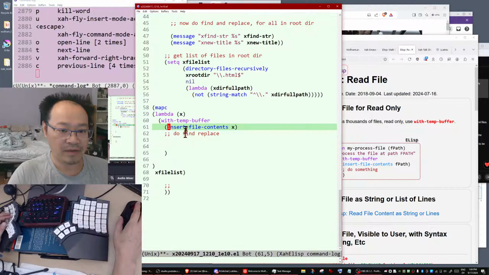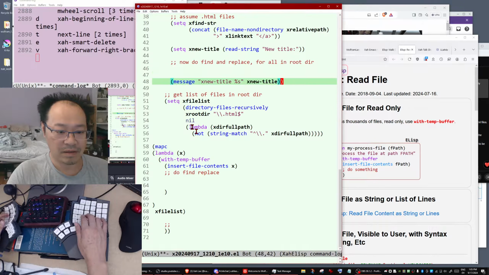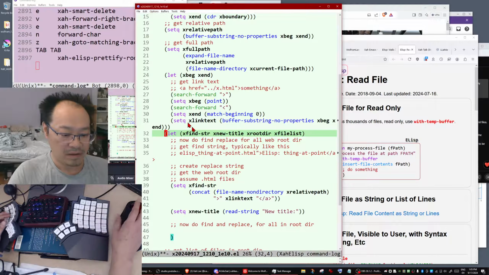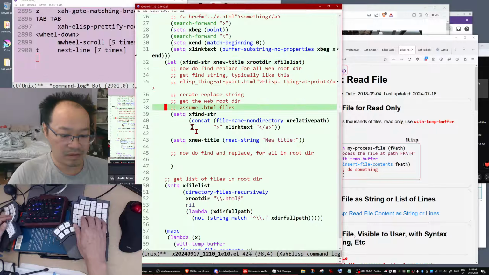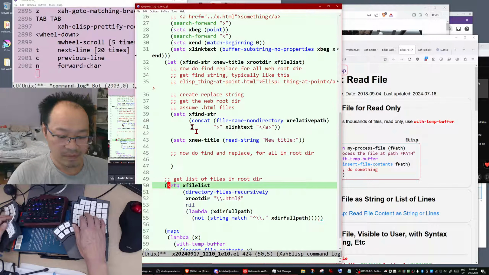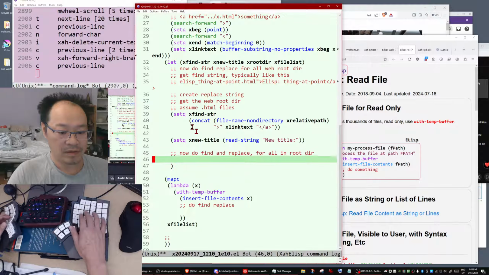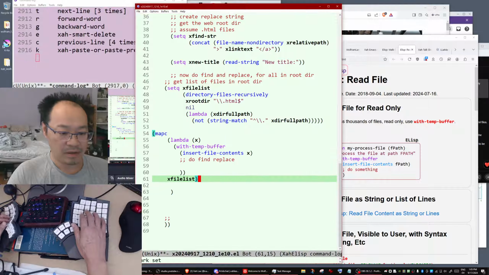So we got the find string, yes. Let's see. Oh, okay, so they are inside there. So all this needs to move inside.